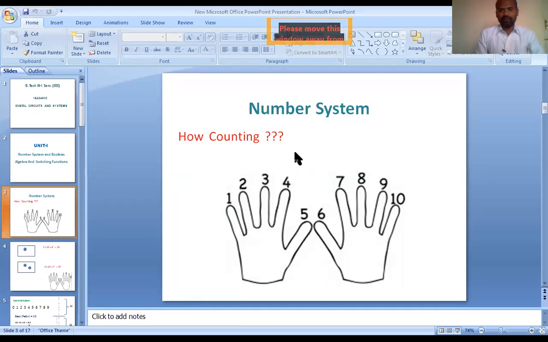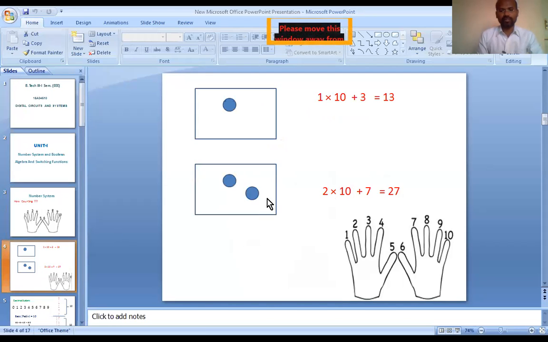When all the items are over, for the last item, let's say, now how to tell the number, what is the final counting? We have to look at the basket and see how many stones are there. If there are 2 stones, that means we have used all these fingers 2 times. How many fingers are there? 10 fingers. 2 times means 2 into 10, and the last item is on finger 7. So the total count is 27. Like this we can establish counting.